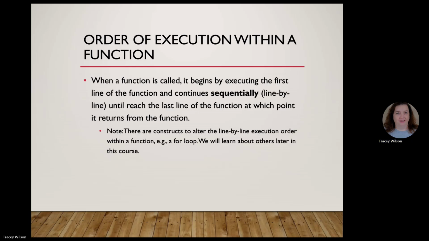The order of execution within a function is that it does everything from top to bottom in order, just like the code we've been writing so far. At the start of the function, it goes one line at a time from top to bottom. Now, does that function have to be in the order it's used in your code? No, you can define them wherever. But when we go to main and we call them, that's